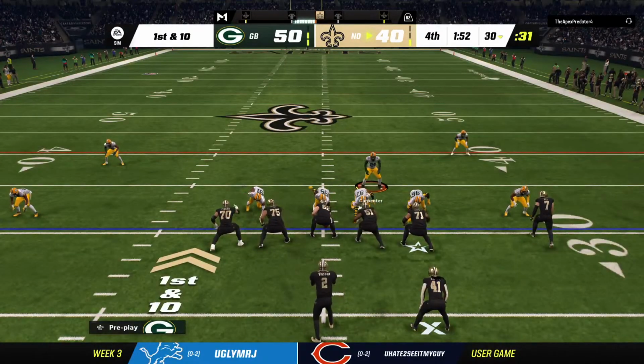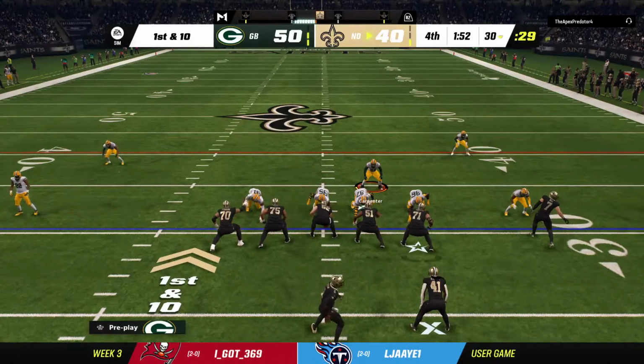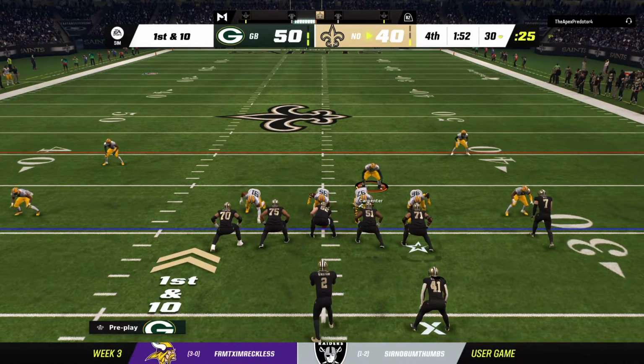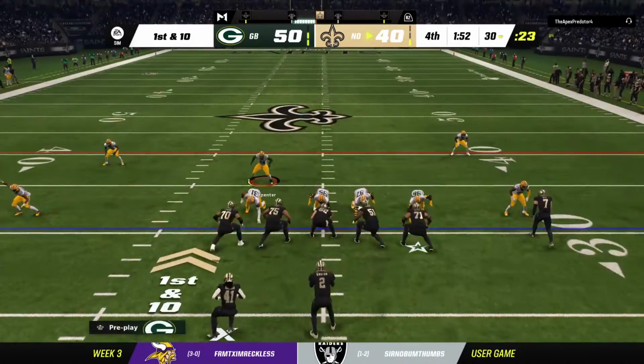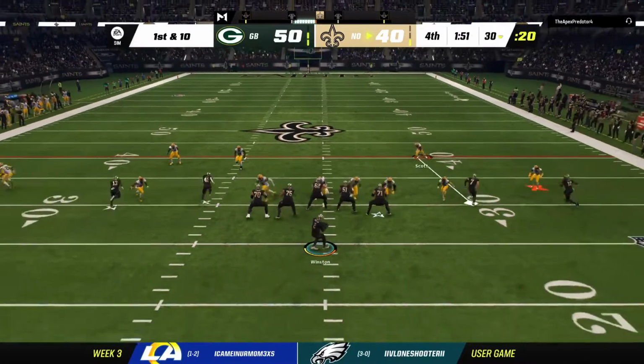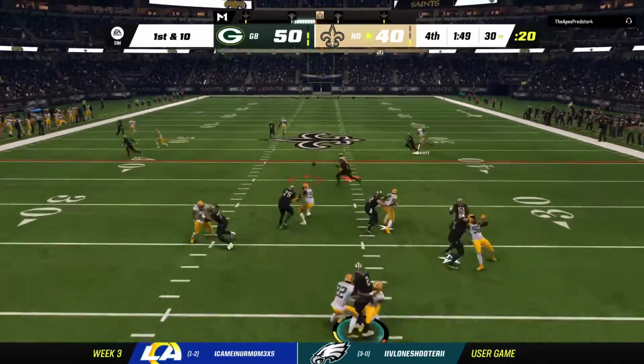Getting set for their next drive, the New Orleans offense. The football changing hands here, and as this offense takes the field, Charles, they'd be fine with more of the same on this upcoming drive. Last time out, they found the end zone for 6. And they're certainly hoping for more of the same, but the game plan, I doubt it'll just be a carbon copy of the last drive, because I think this offense is ready to break out some new...